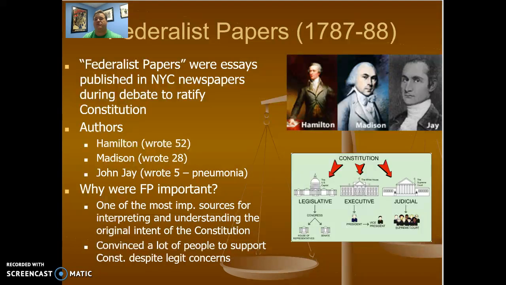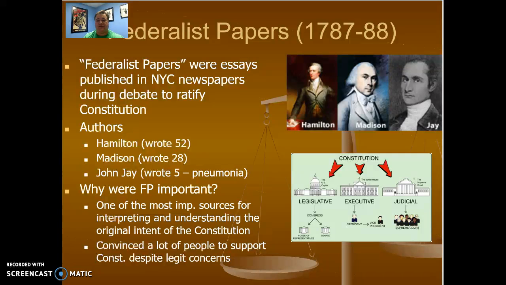And the Federalist Papers were written by advocates for the adoption of a constitution with a strong national or federal government and a federal system. So the authors of the Federalist Papers: originally, John Jay was going to be the primary author. He wrote 5 and then got sick. He caught pneumonia. And so the